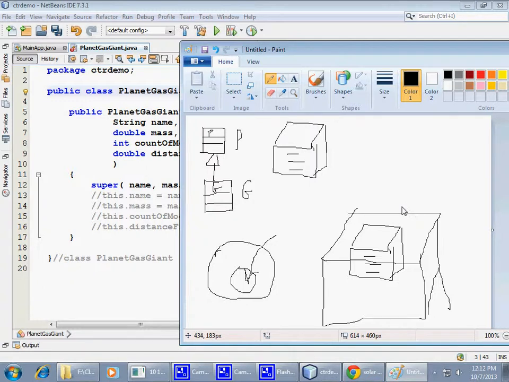So we call it a chain of constructors. First, the constructor of this object is invoked, number one, and number two, the constructor of the superclass is invoked,